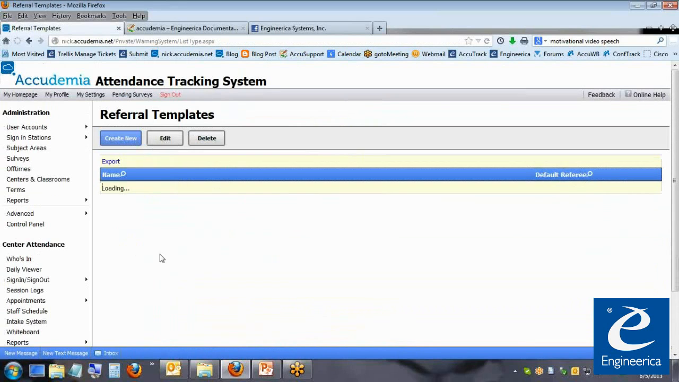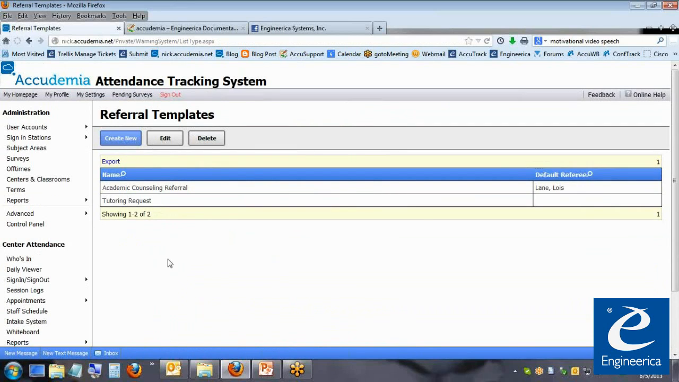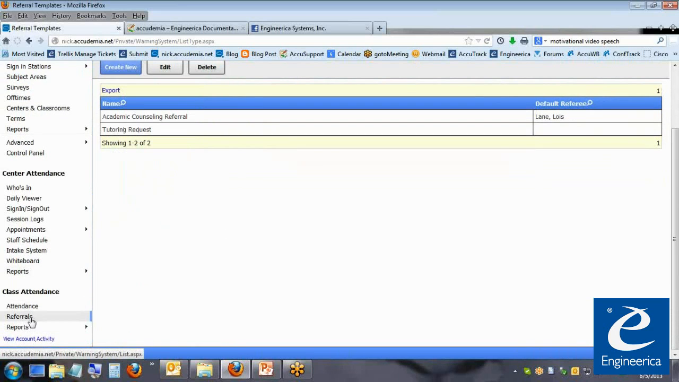I'm just canceling out, but then you're done. So once you have it showing up in here, you should be able to now create some referrals. And I know a lot of people were asking about tutoring requests. You could actually handle tutoring requests the same way. Maybe create a template,